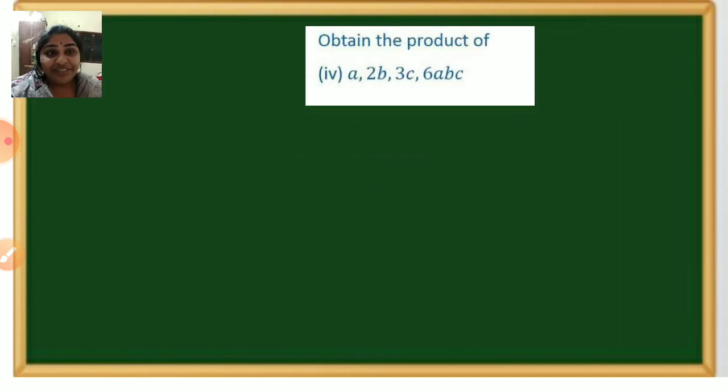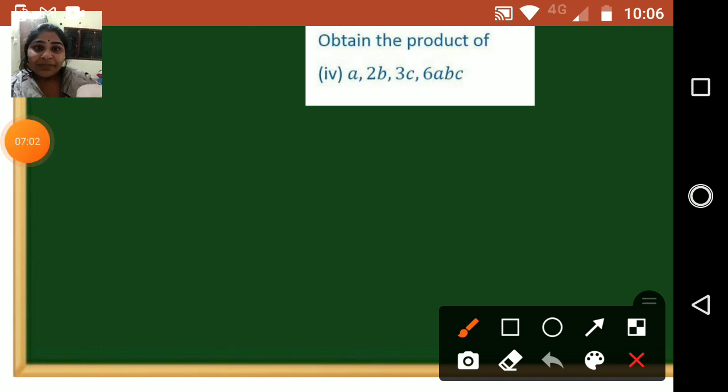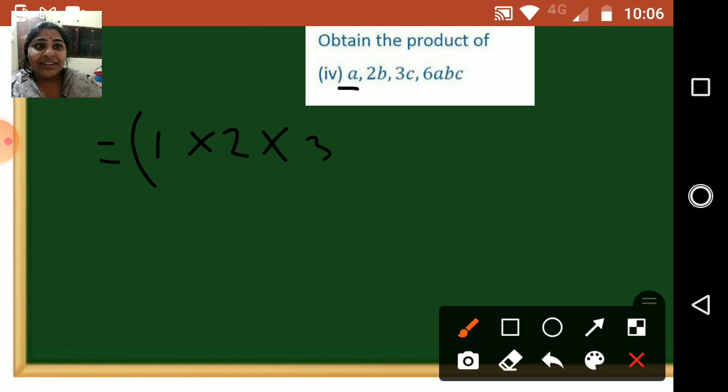Let us proceed with the next one. That is fourth sum. Obtain the product of a, 2b, 3c, 6abc. Again, the procedure will be same, children. What we are going to do? So it is equal to, from the first term, the coefficient is 1 multiplied by 2 multiplied by 3 multiplied